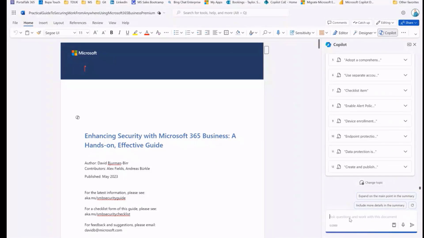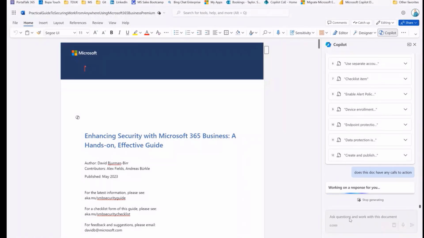I can then ask it questions. So does this doc have any calls to action? And it's all contextual. So in the context of the question and answer stream, it understands the fact that I don't have to then give it the file name again and so on and so forth. Once I've referenced something, it actually knows what context that question, what subsequent questions relate to. So it's having a look,